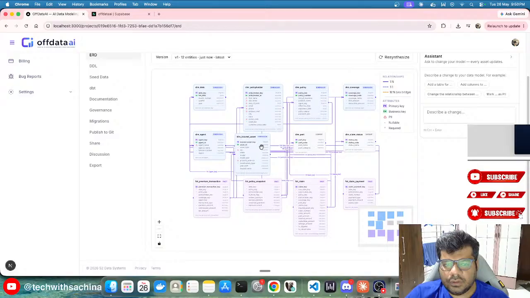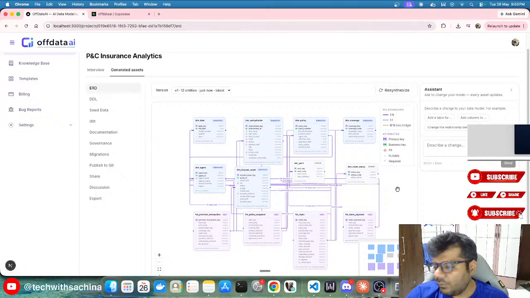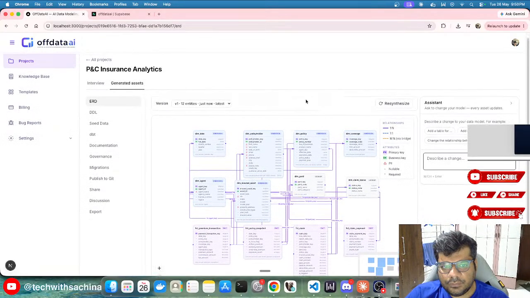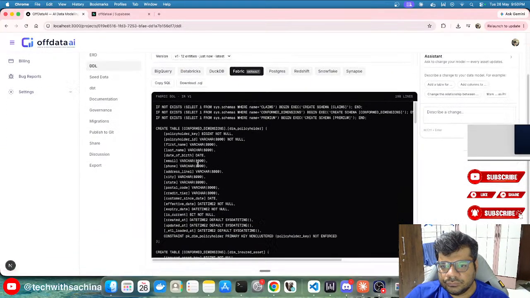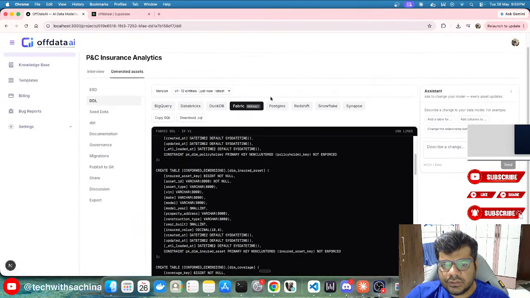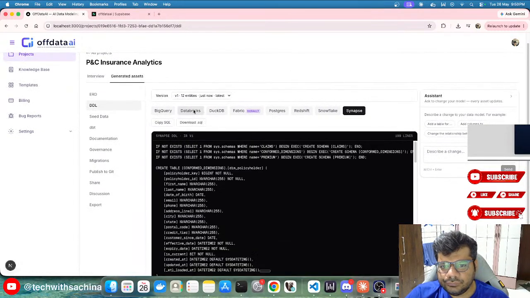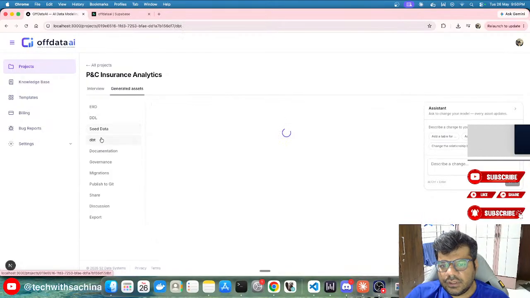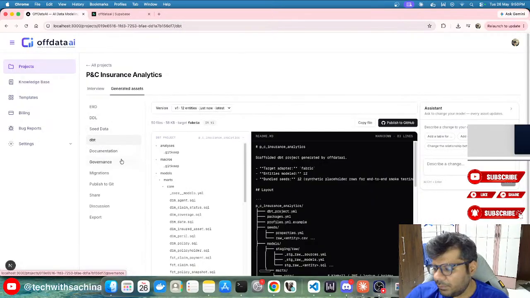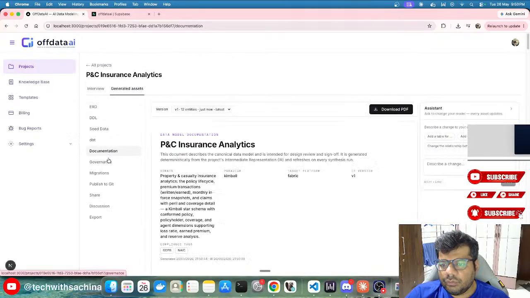We have also given a feature where you can make changes to this data model by talking in free language and interacting with your data models. Then you have all your DDLs, the seed data, the complete DBT project itself, documentation, governance, everything is built into this now.